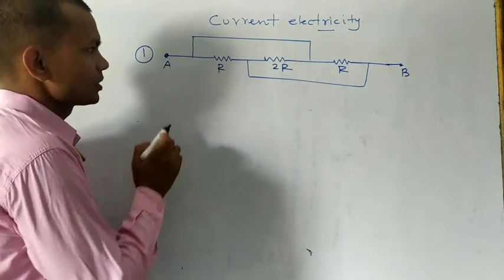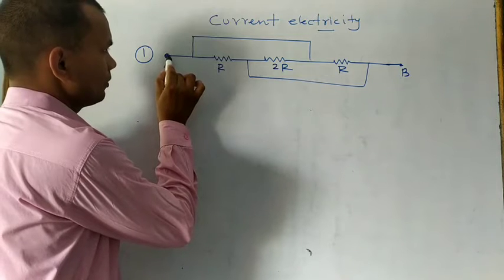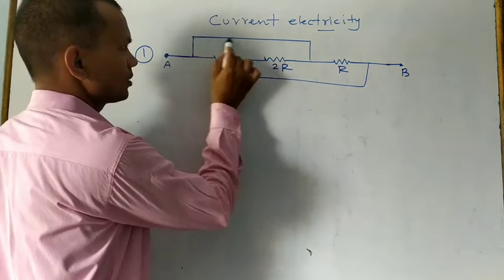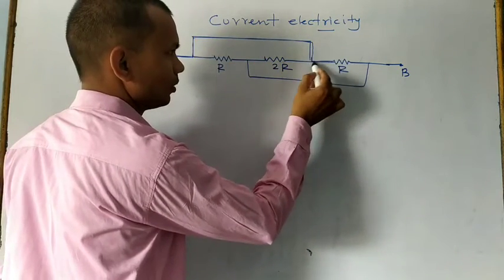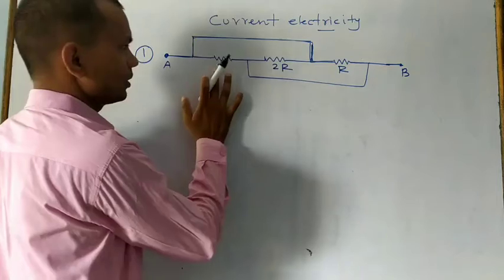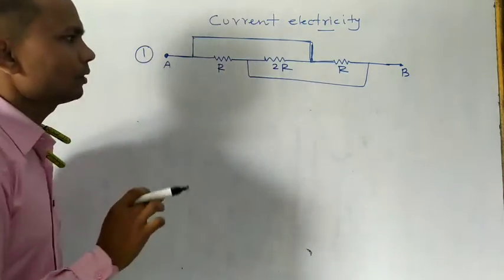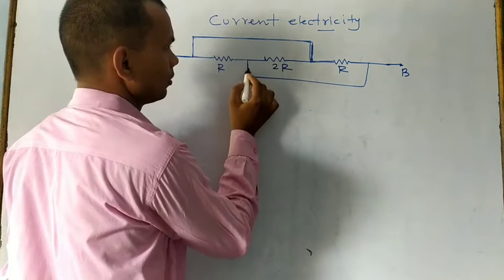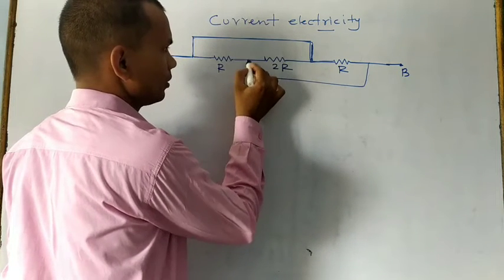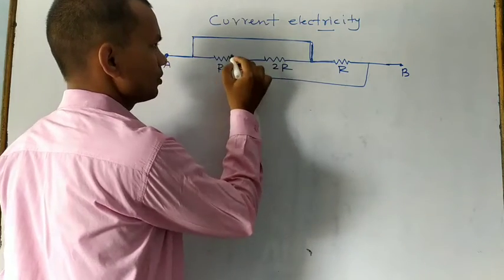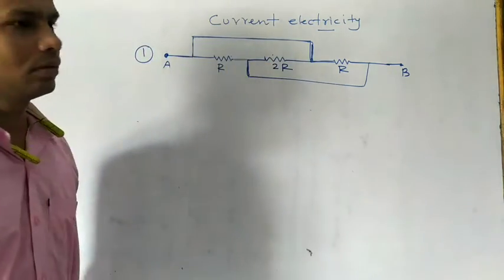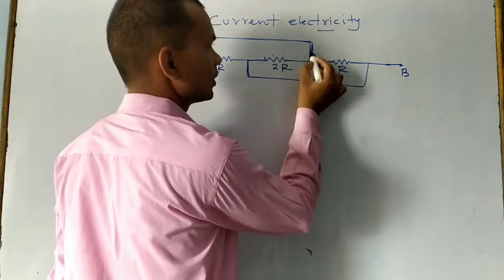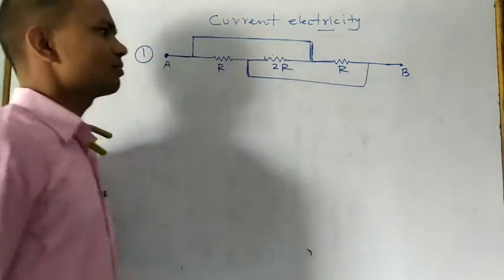So first of all, here we see, from here we are going to start. There are two paths: this is the first one, and here this is the second one. So if the paths are changed, definitely this and this are in parallel. Now from here, again you have to see, this is one path and this is another path. So this and this are also in parallel. Similarly here, this is the path, and this is, and this is. It means this is also parallel.